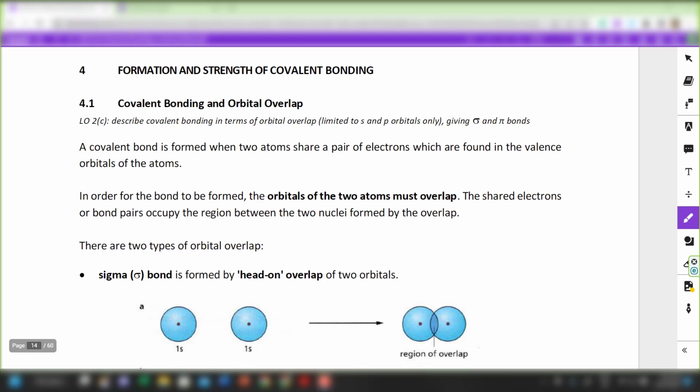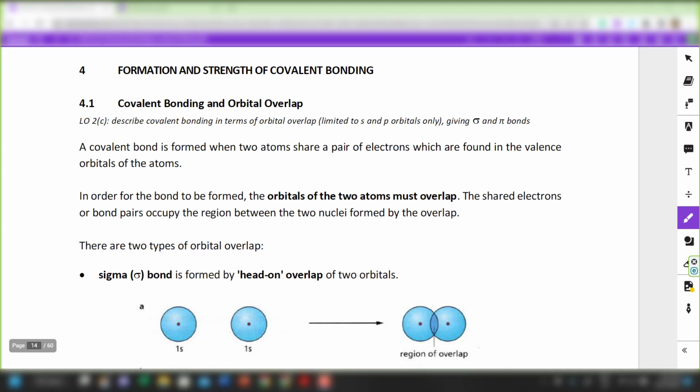For lecture 2, we are going to focus on covalent bonding. The covalent bonding that you are going to learn for H2 Chem is going to be a lot more in-depth as compared to what you have learned in secondary school. So you might want to pay special attention to the content for lecture 2 and the future lecture